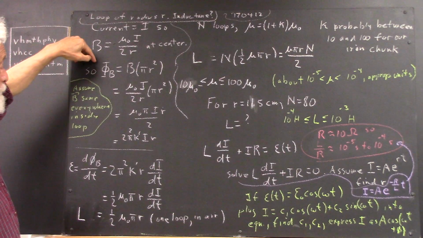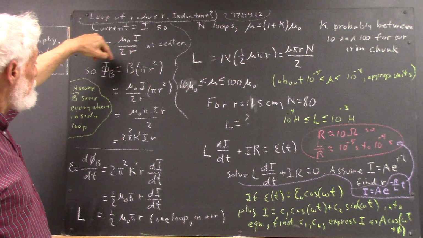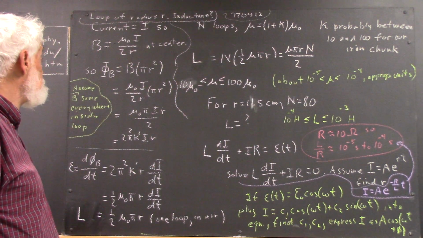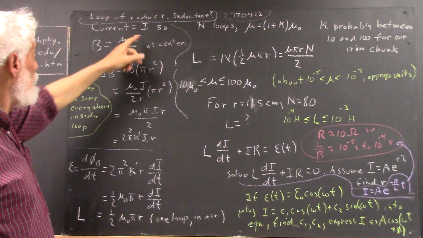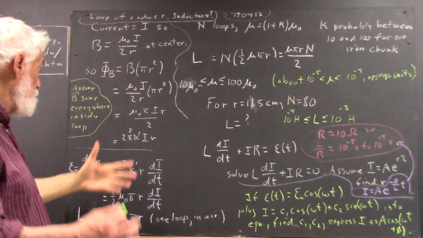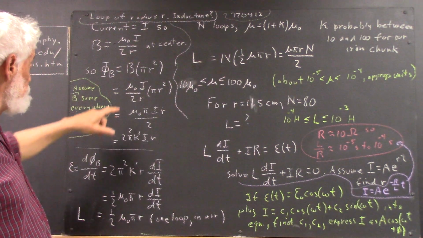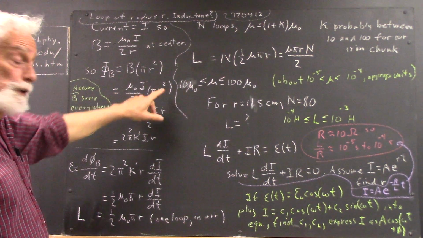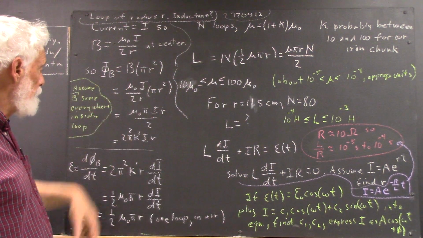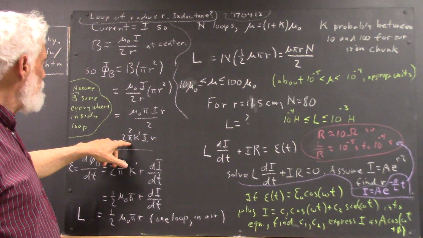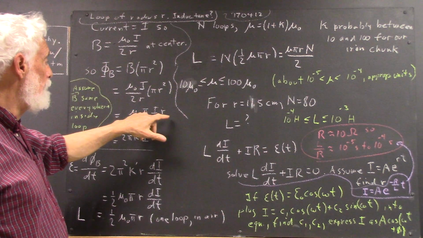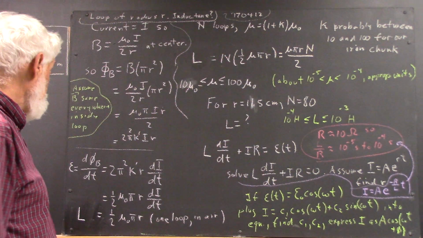Okay? Now, the flux is equal to the magnetic field times the area of the loop, being pi r squared. The magnetic field's just mu naught I over 2r. Very easy to derive. We did it a couple of weeks ago. Okay, so this is the flux. We simplify that, the r divides the r. We can write it one of two ways: mu naught pi I times r divided by 2,